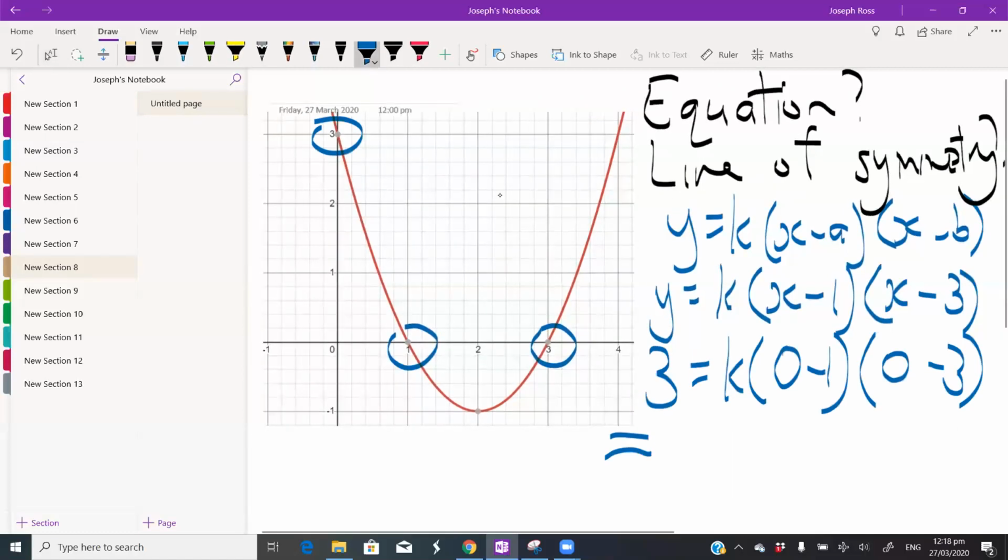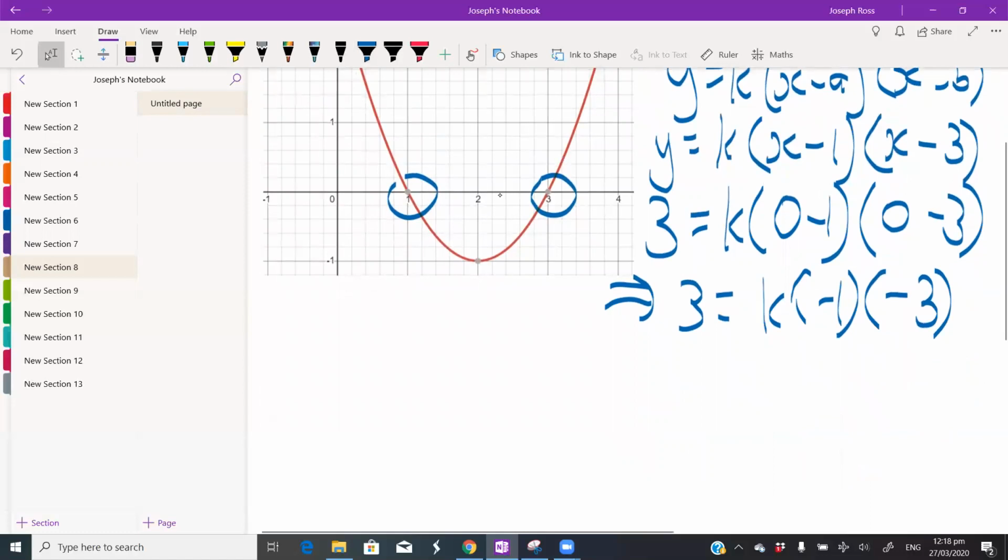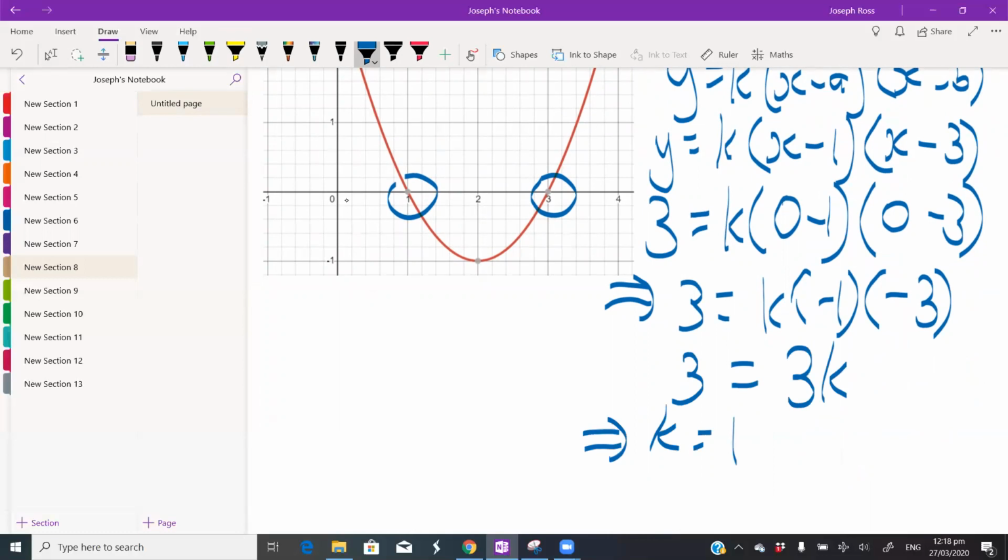So therefore, we've got 3 equals k multiplied by 0 minus 1, which is negative 1, and 0 minus 3 is negative 3. And from that, we can work out what the value of k is, minus 1 times minus 3 is going to be 3. So we've got 3 equals 3k, and therefore k equals 1, and your equation is y equals